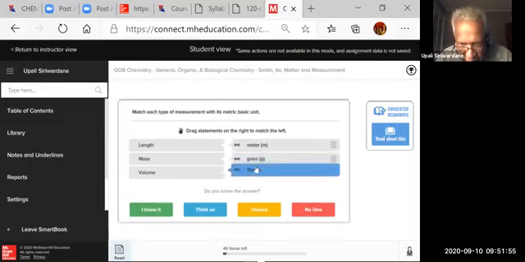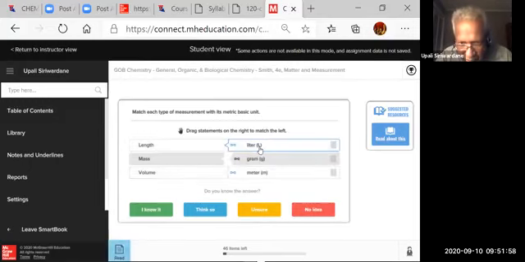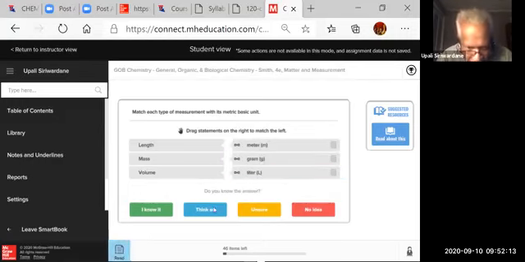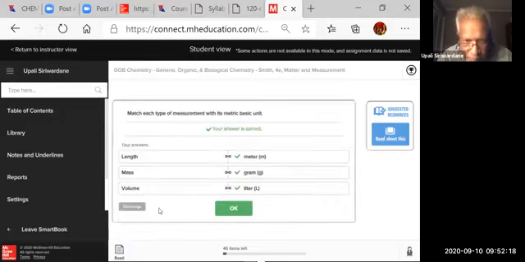Are you guys laughing at me now? Okay, length is liters, grams. I somehow got it by clicking around, okay? So do you agree with the answers now? Okay. So I'm giving you the idea that you can play around and get familiar with the ideas about units, okay? So just go back to